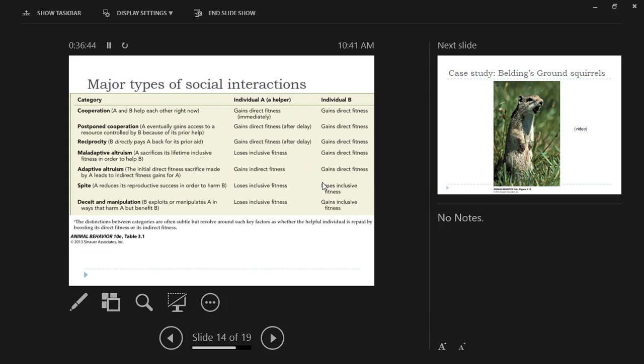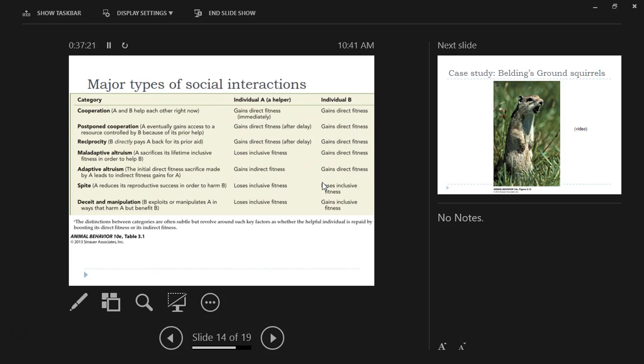And these last ones are other weird cases of spite, where you're losing inclusive fitness basically to cause a loss of inclusive fitness on another. Selection won't favor that because you're losing from that sort of behavior. And then this is a weird one where player B is cheating and exploiting you or manipulating you somehow such that you are being maladaptively altruistic towards them. We're not going to talk about those kinds of cases either. But again, I think it's a nice framework for understanding these different kinds of social interactions.